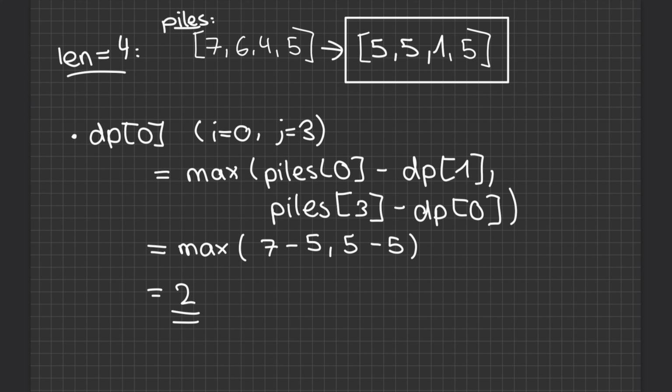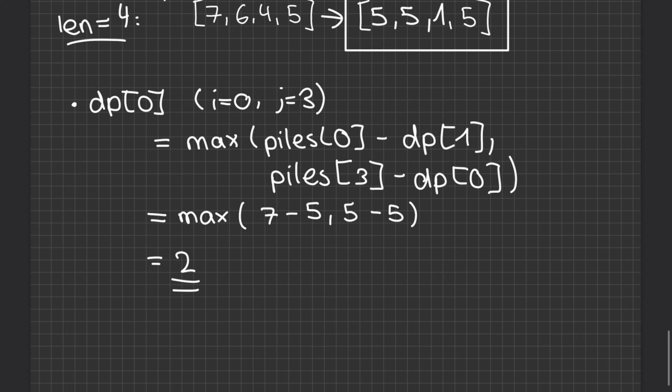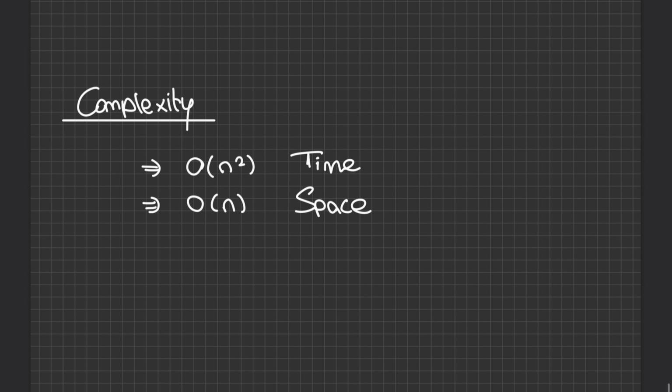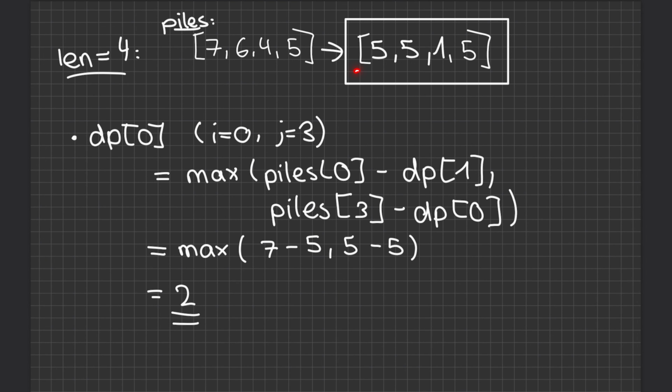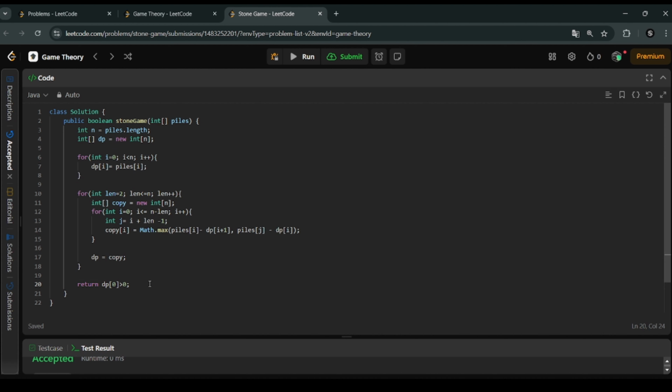And we calculated this with the dynamic programming solution, and the runtime complexity of this solution is O of n squared, and the space complexity is O of n because we just had one array and we updated this array where we just calculated the advantages for the different lengths. So far, we've walked through the dynamic programming solution, which uses O of n squared time and O of n